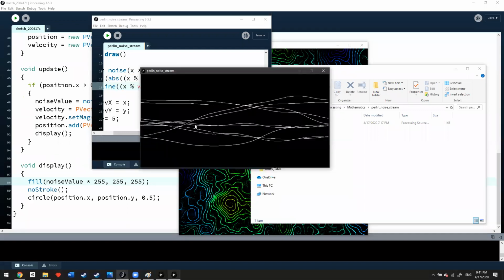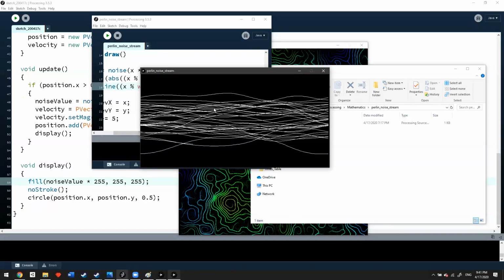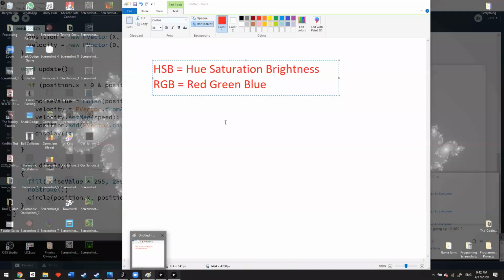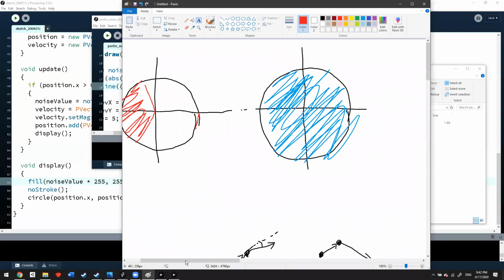So now you'll see here that the values of the noise are usually in this range, just like I've previously explained. What's actually happening here is the same thing that happened before, where we had the particles flowing in one general direction. So if we actually look here, let me place that there. All right, so if we look back here,